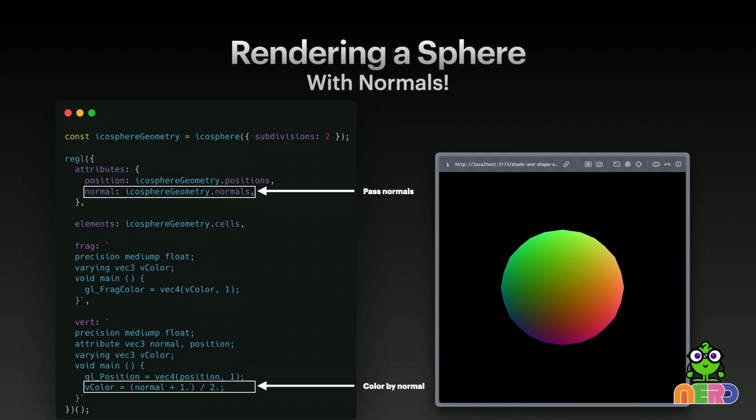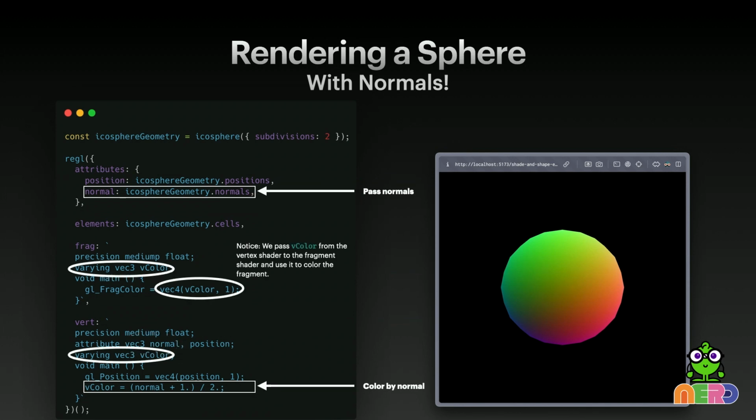It still doesn't quite look like a sphere, but we're getting somewhere. Just talking about how the normal over there is conveniently a 3-part value between -1 and 1. So all we're doing is assigning a red, green, blue color based on whatever the normal is. It's kind of arbitrary, but it does help delineate things. And then we pass the V color, right? Before we go further, I want to just